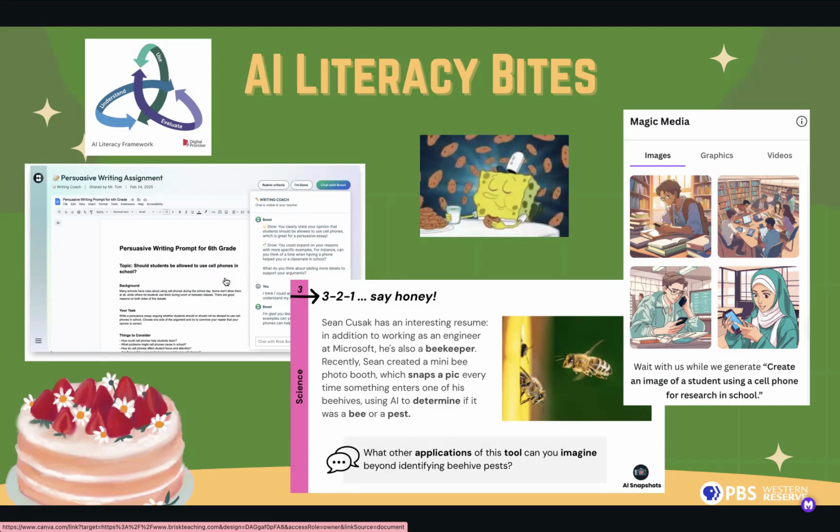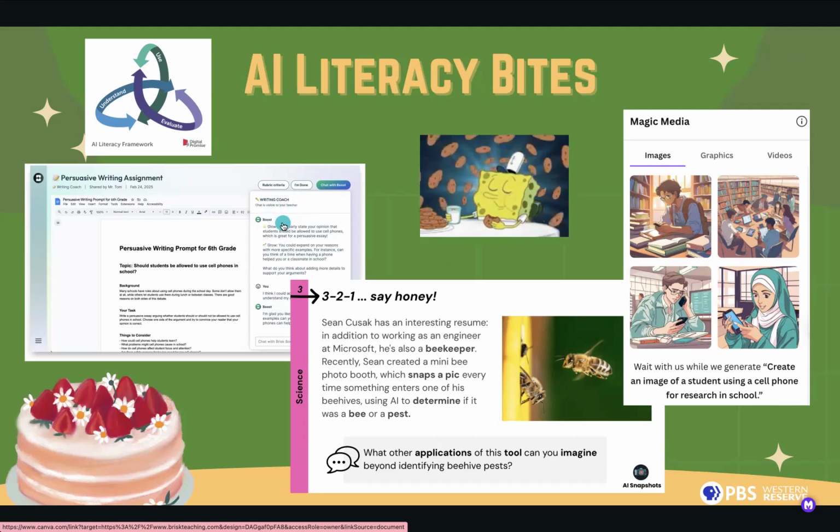So basically the AI bot in any of these, ChatGPT, Brisk, Magic School, School AI, whatever your approved one is or one that you have a preference to use, all of them can be used in a similar way. And all they're really doing is questioning students to think more. Give me more information about this. Now let's put it into your writing. So it's guiding them just like we would do, but now it's become a personal assistant for them. They don't have to wait for the teacher to be able to come back and help them with their writing. They have it right in real time with them, which is super cool.